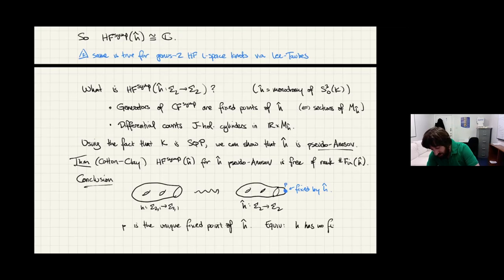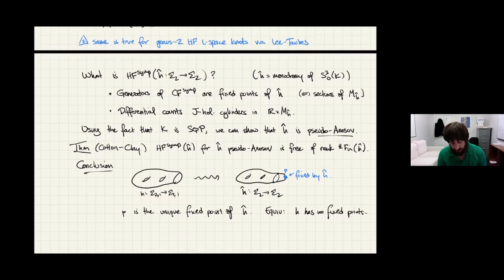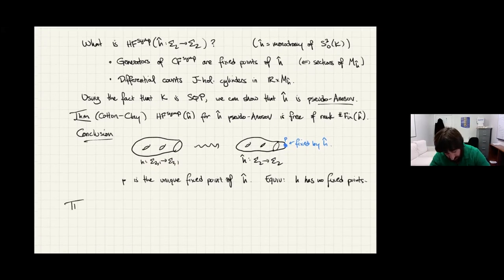So this is a very striking fact, I think, about genus 2 L space knots, that if they're not T(2,5), they have to be pseudo-Anosov. And in that case, the monodromy of a pseudo-Anosov representative is automatically fixed point free. Okay. Now, why do we care about this? Well, here's the partial characterization I promised of genus 2 L-space knots. So let K be different from T(2,5), and suppose it's an instanton L-space knot of genus 2.